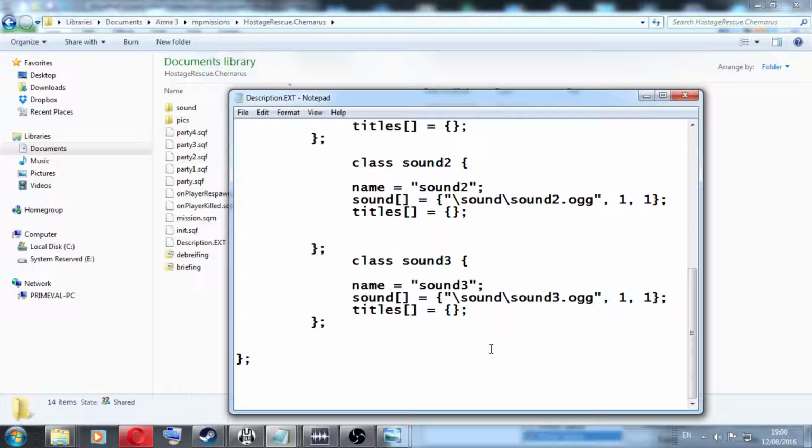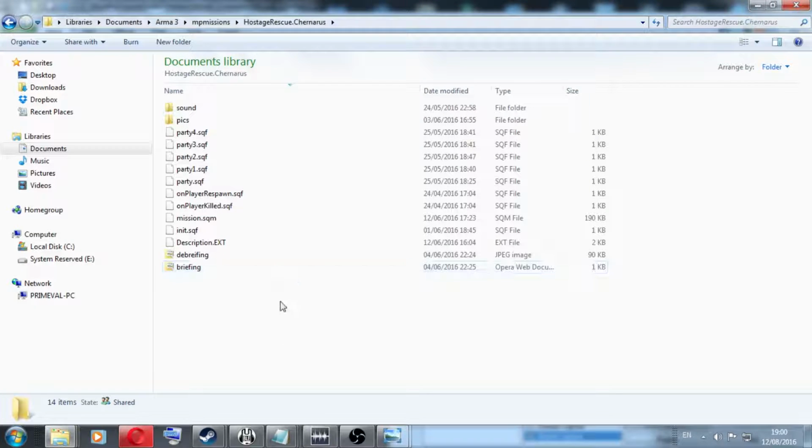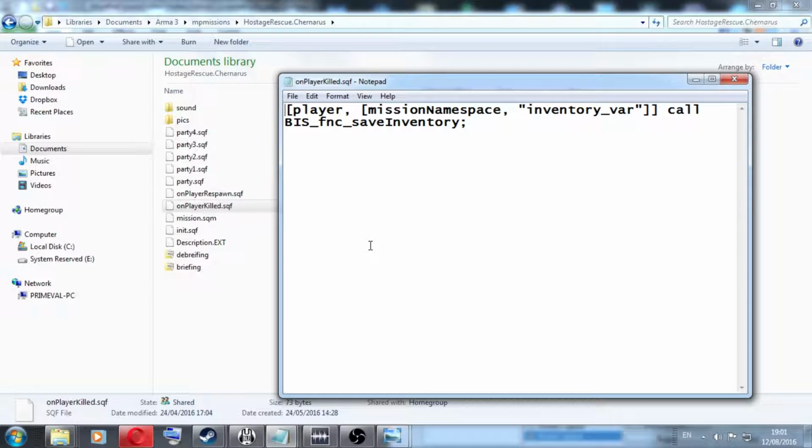Of course, you can call them how you want, as long as you reference them correctly in the class CfgSounds, and this puts your sounds into the mission to be used how you want. So next, let's go back to the respawning stuff. Now back to respawning, you need to also have these 2 files, onPlayerKilled.sqf and